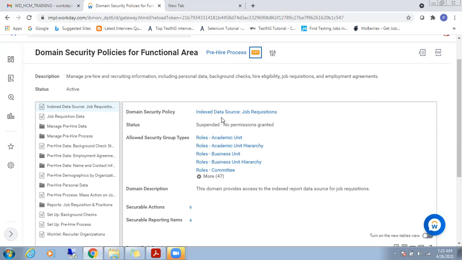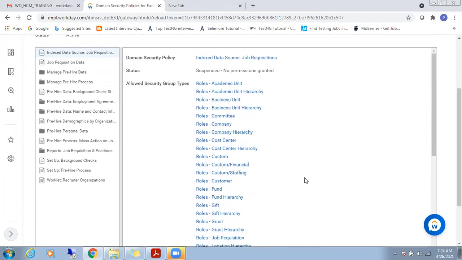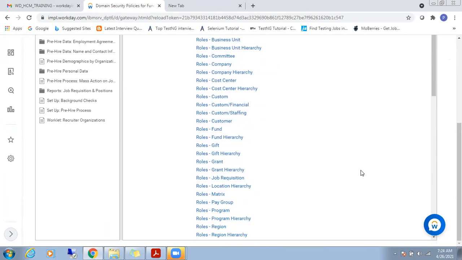So the index helps us retrieve data fast. Now see this: these are the different types of security roles or group types that are allowed in the domain security policies of the functional area, and we can see here.